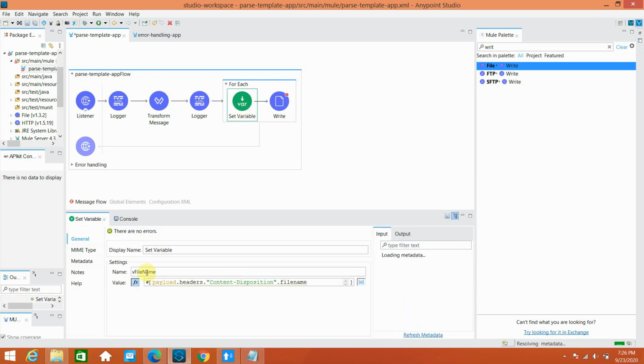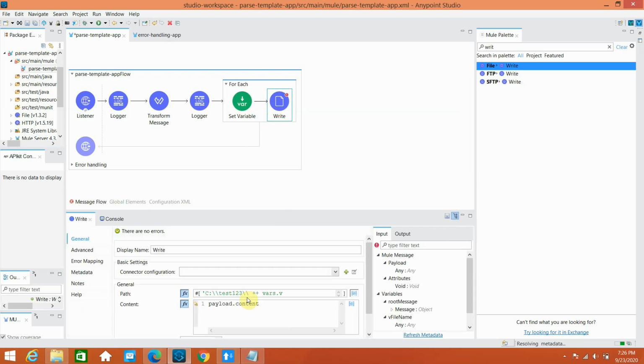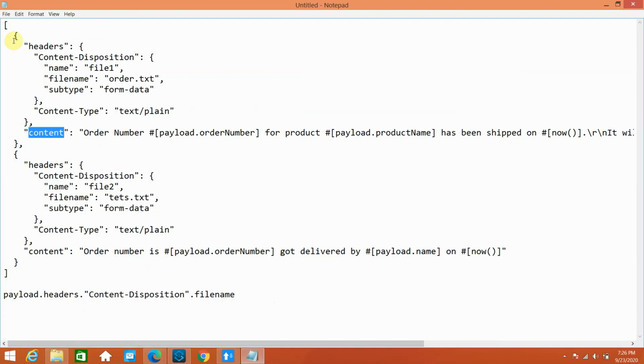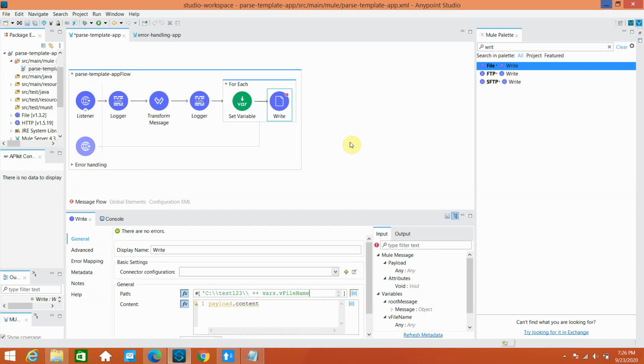I haven't saved it, that's why it's not showing. That's it. So basically I am writing the file, the vars v file name. This is the file name I got from the set variable, and payload.content. This for each will read first this one, second this one. So it will read the file name and the content and write to some file location. Second, again it will read this particular file and write to the file location.